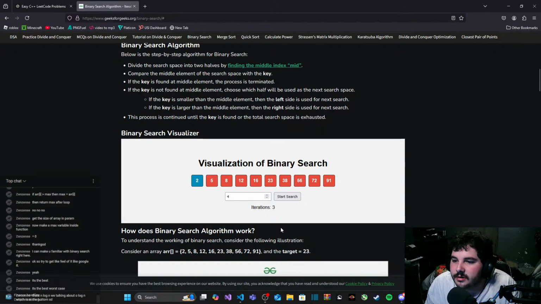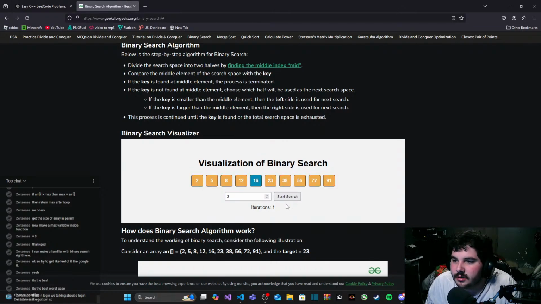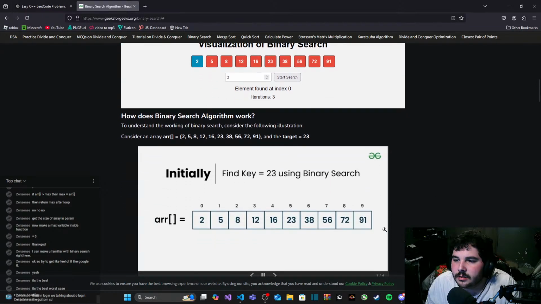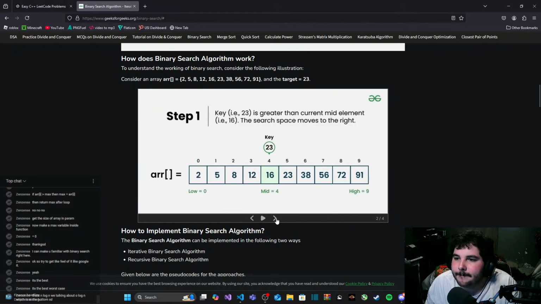4. Okay, so 23 is greater than the current mid element, which is 16. So the search space moves to the right.